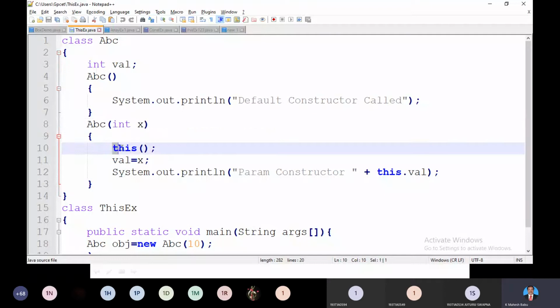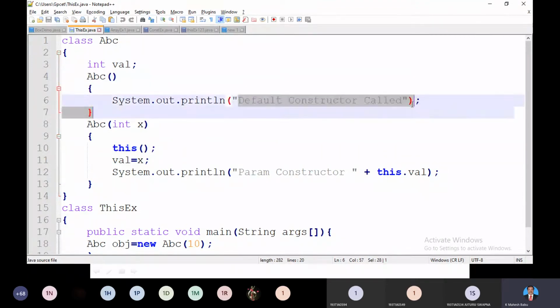But here I mentioned this followed by open and close parenthesis. It means whatever the current object is, that object's constructor is going to be invoked again. So whenever you write it like this without any parameter, it moves to the default constructor again. It shows the value on the screen. This first constructor is going to be executed.